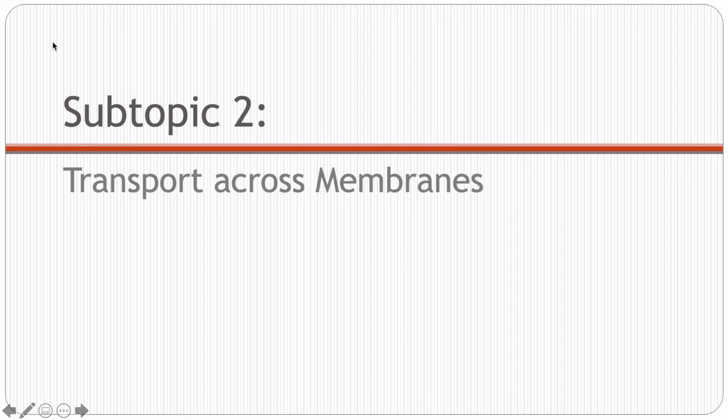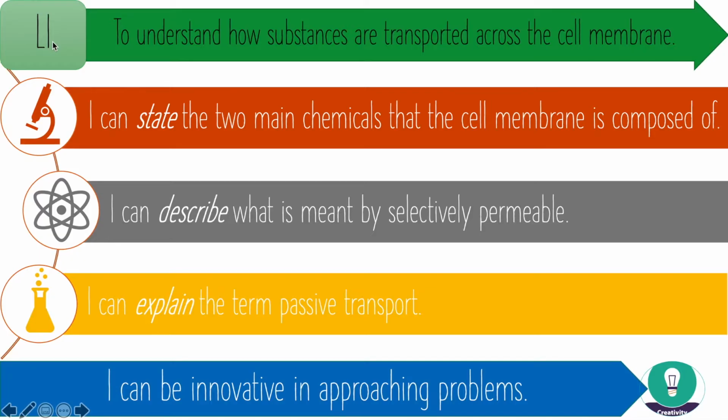I'm going to talk through last week's PowerPoint on transport across the cell membranes. Hopefully this will make some of the more complicated areas a bit clearer. So we're going to look at the cell membrane and what it's composed of. We're going to talk about what it means to be selectively permeable, and we're going to look a little bit